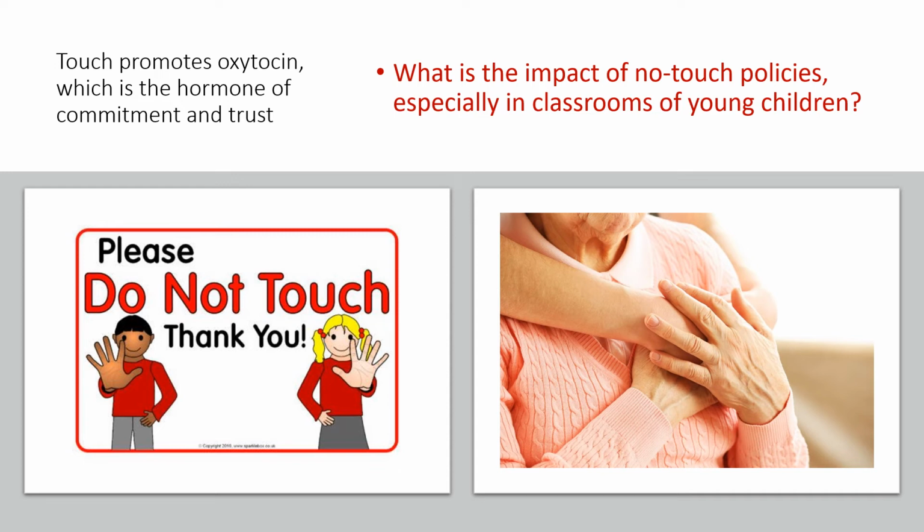You know, in so many situations, because of sexual predation, we have no touch policies in place. And I wonder what we think about this. So especially with young children, do no touch policies have a detriment that might be more significant than the risk? Or with our older people, older people living alone in assisted living, maybe they have no touch from anyone at all, and there's many prohibitions against that friendly touch that some people do. And so we can just wonder what the impact of that would be.